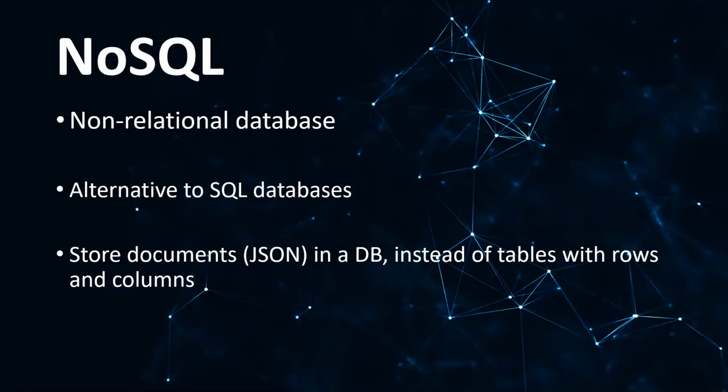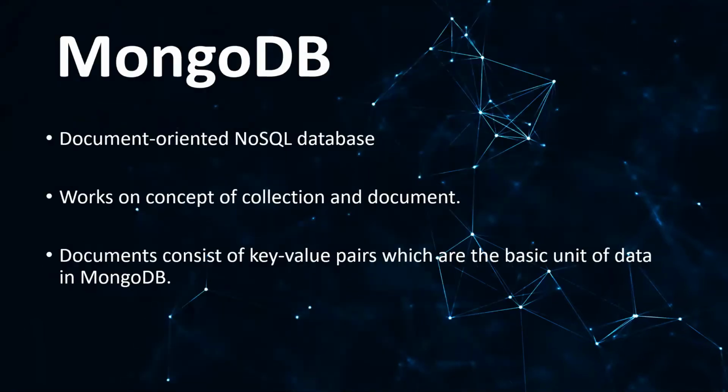The most common types of NoSQL databases are key value pairs, document based, column based, and graph based. One of these types of NoSQL databases is MongoDB. So what is MongoDB? MongoDB is basically a document oriented database which stores data in JSON-like documents with dynamic schema. That is, its structure can vary whenever you want.